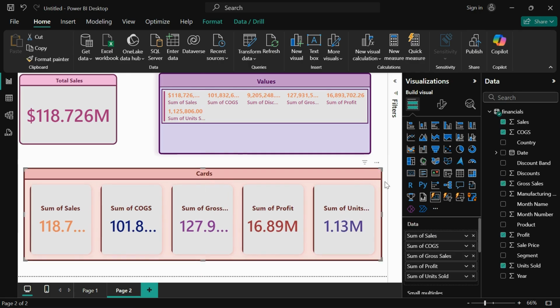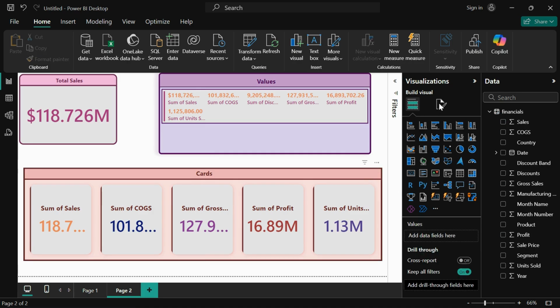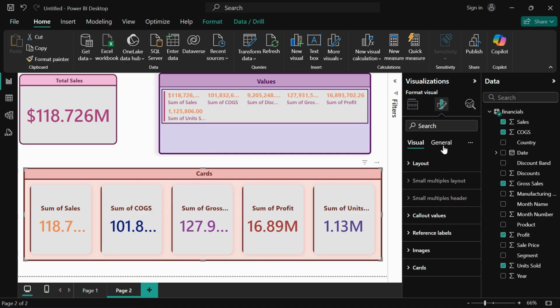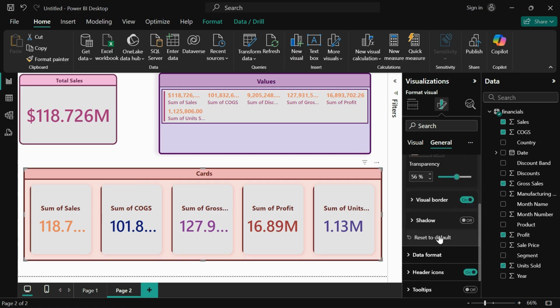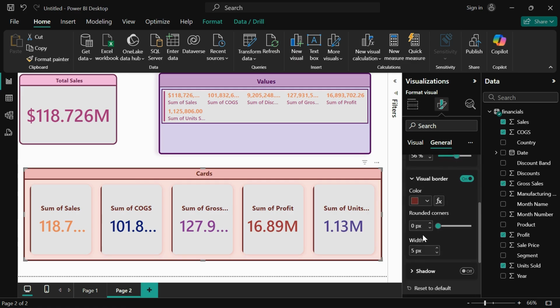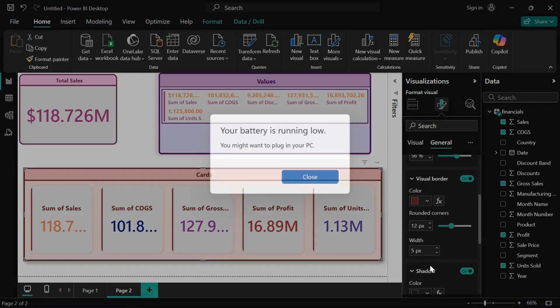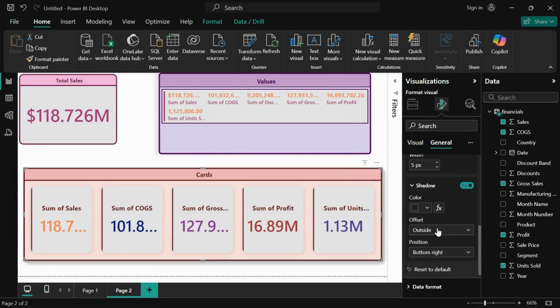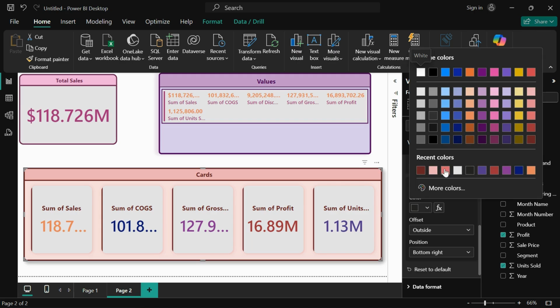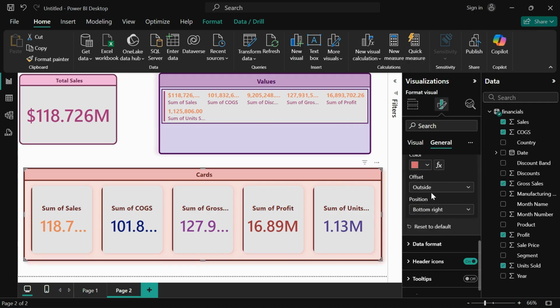So you can make them rounded using go to general tab, formatting and effects. If you go to visual border here, you can increase the roundness, right. In this shadow you can also give the shadow here, right. You can change the offset and position of this shadow,